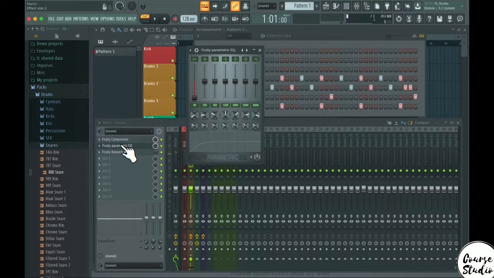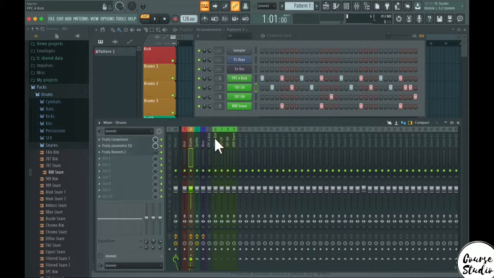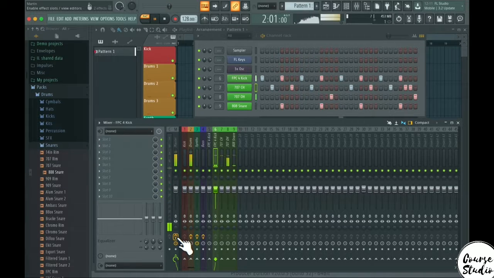Same goes with EQ. Now we have the kick drum here as well. So the kick drum's bottom is going away because we have this. So let's exclude the kick drum from the drums bus here. So let's go to the kick drum here, and we're going to take away the cable and just route it back to the master basically. So now if we disable the drums bus here,